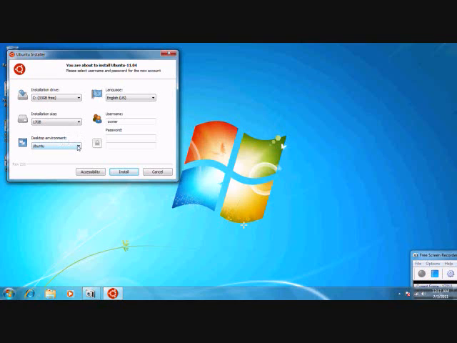Desktop environment, Ubuntu. Now you pick a name, a username. Your installation drive would be your C drive. That's the partition of this Windows 7 I'm using right now. So you just type in, leave owner, or you can put your name right here. You can backspace and type in a new name, but owner is good. And you can put a simple password, whatever password you want, 1 2 3 4 5 or something like that,